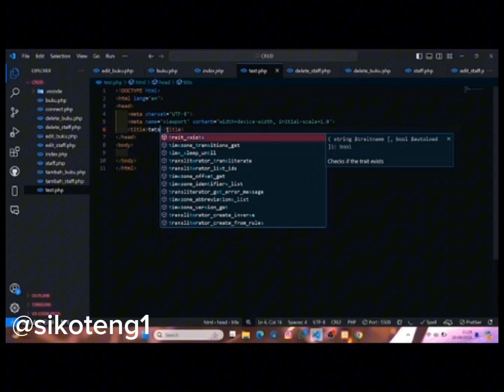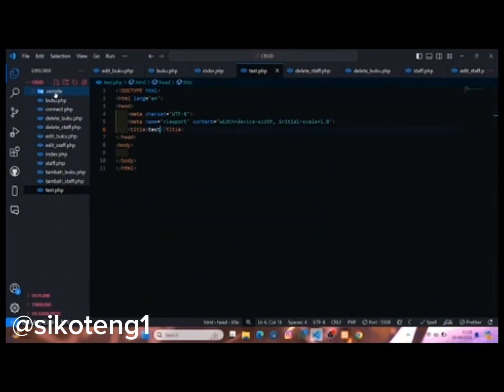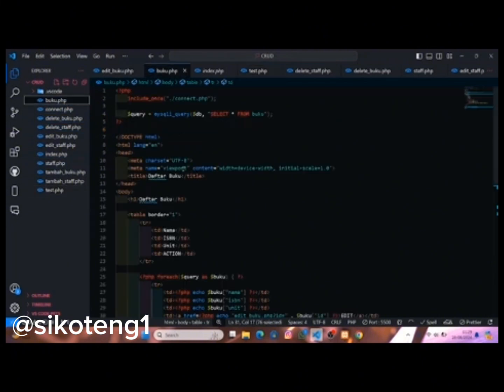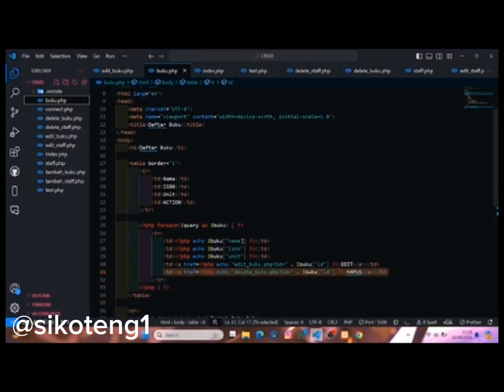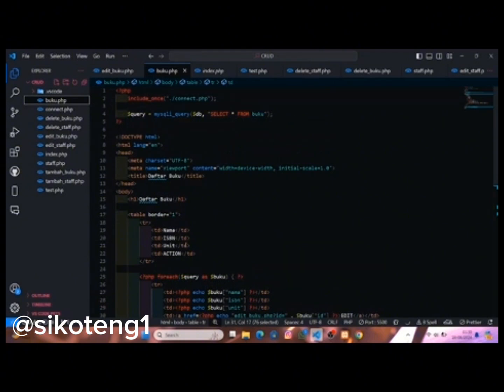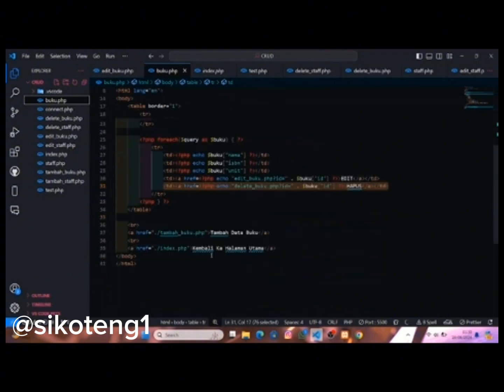Maybe you can type here 'test'. You can type like ordinary HTML, but with the PHP tag, with echo, with query. That's the difference between HTML and PHP.